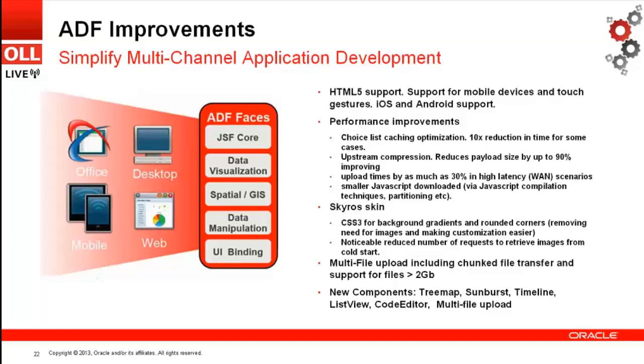and some of the capabilities around images. So, for example, how you handle the chroming around portlets when you have curved corners. Traditionally, this was done by retrieving images from the server. That's all now part of CSS3. So it means that essentially the amount of data that's going to the browser is reduced, it's more efficient,